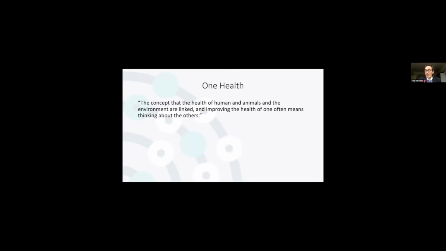We've had one definition. I don't like any of the definitions I've heard so far, or at least they're okay. But for me, the critical thing is it's all about the fact that the health of humans and animals and the environment are linked, and that improving the health of one means we have to think about all of them. And the reason why I say that is because for me, that's the essence of One Health. All the other things, the local, the national, the regional, the multidisciplinary, the bio-behavioral, etc. all of that applies equally well to many health problems like cancer in humans, okay? But the critical thing that distinguishes One Health is that it's about the health of humans, animals, and the environment, and everything else is kind of common to many disciplines.